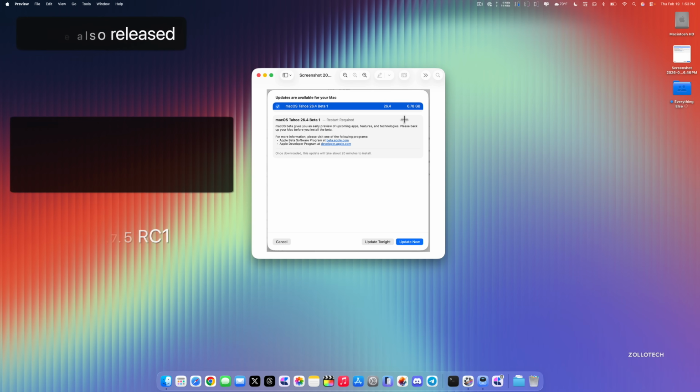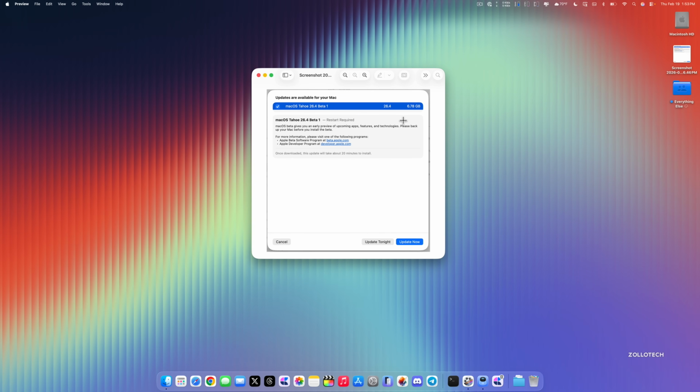Now this came in at 6.78 gigabytes. This is on an M4 MacBook Air. This can vary in size, but I saw it all the way up to 17 gigabytes if it needs to install the whole OS. Now let's go ahead and take a look at the build number and talk about what's